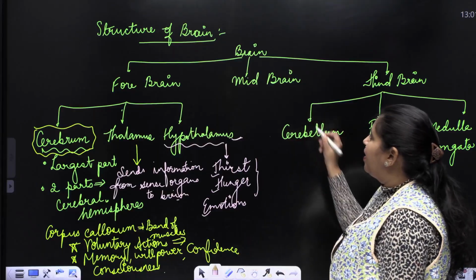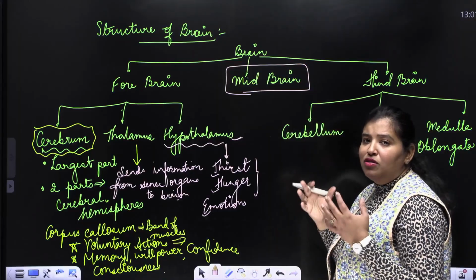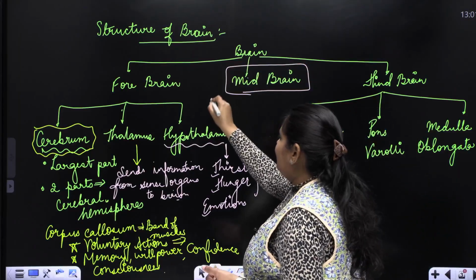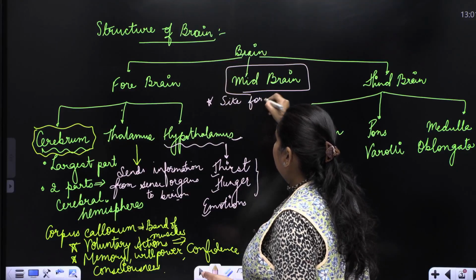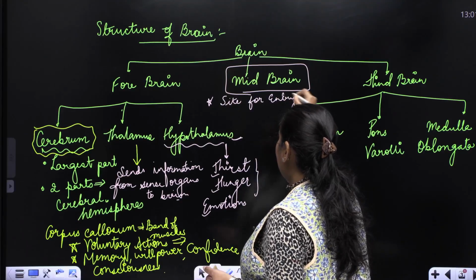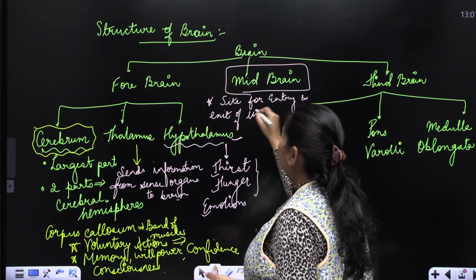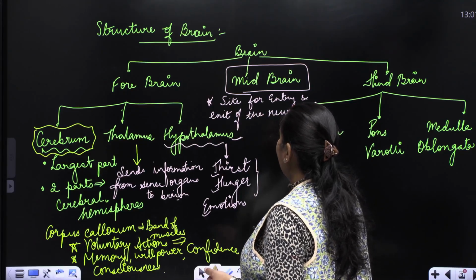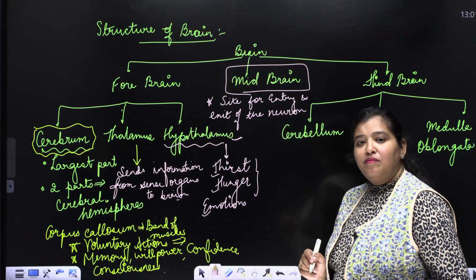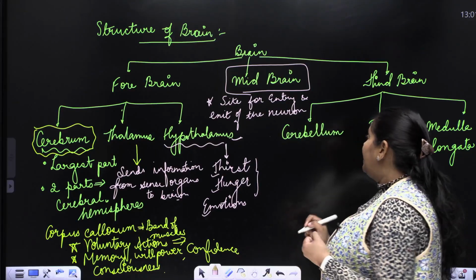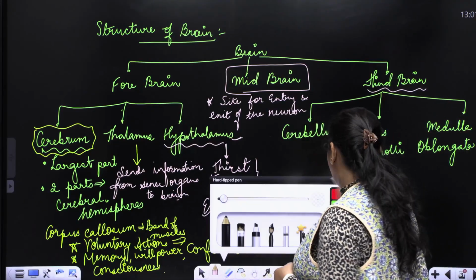Let us move to the next part of the brain, which is the midbrain. Midbrain functionally is not that much active, but yes, it is the site for entry and exit of the neurons. The neurons enter and exit the brain from this part of the brain, the midbrain. All right. Let us move to the third part, which is the hindbrain. Now, when I say hindbrain,